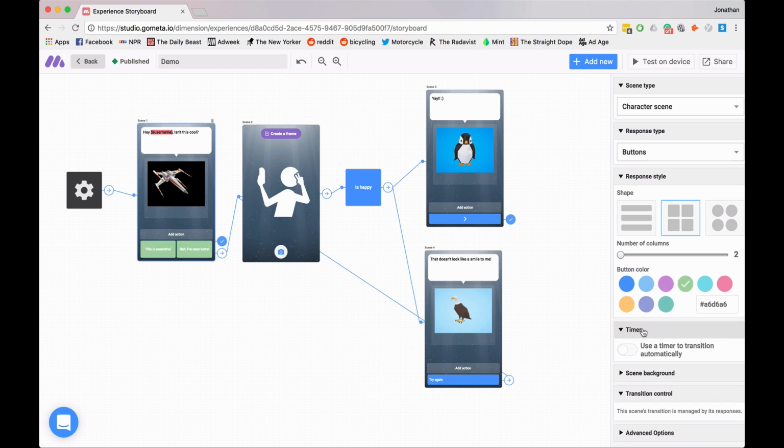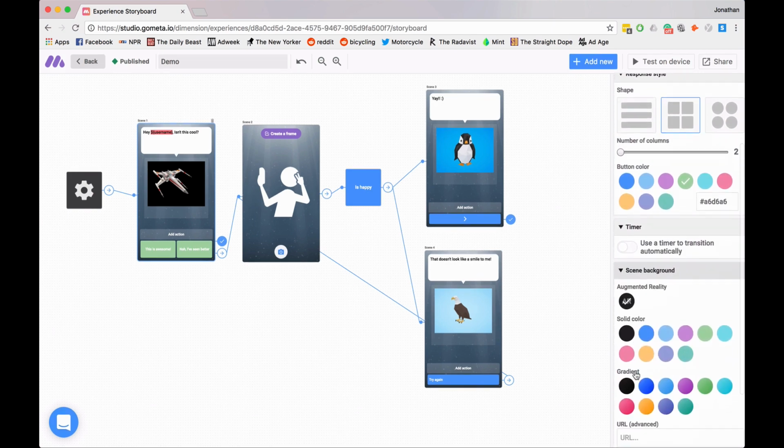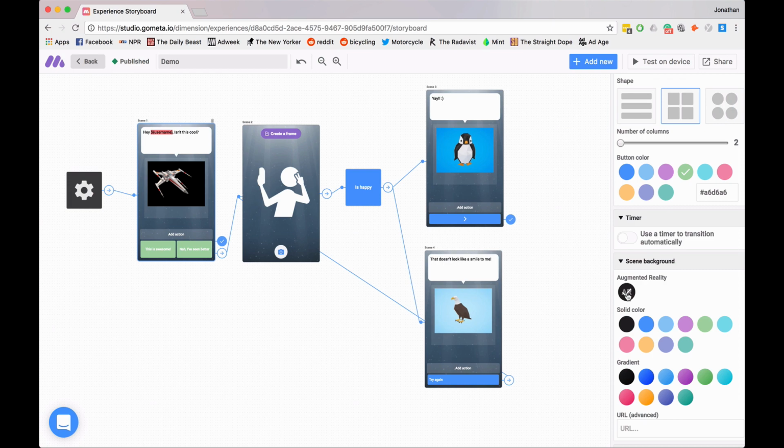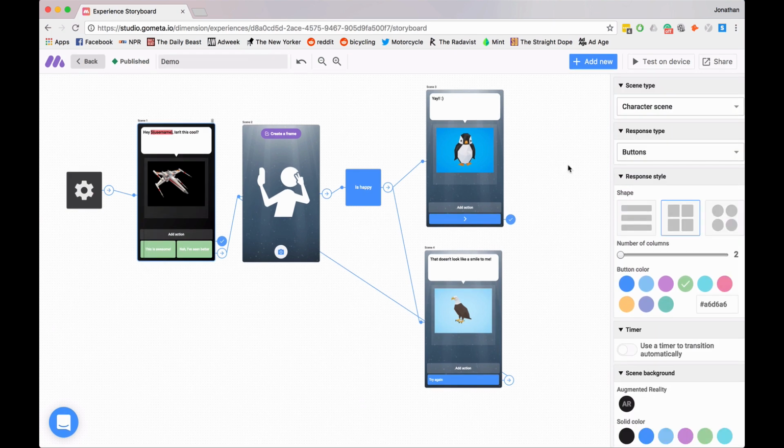Now I could also add a timer or add various backgrounds. So I could say, hey, you know what, I don't want this to be an augmented reality. I want this to simply be a black image with this 3D asset floating in space. There is almost limitless potential of Metaverse. By combining various scenes, blocks, and with these custom features, you're able to create all sorts of engaging learning experiences